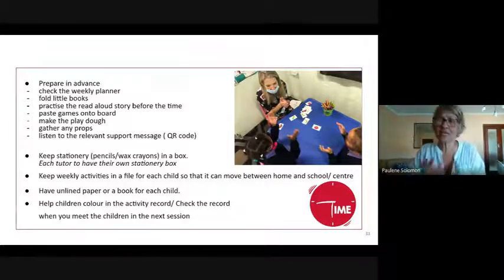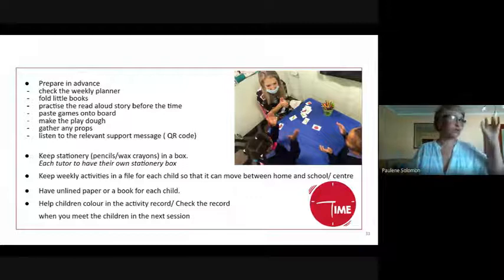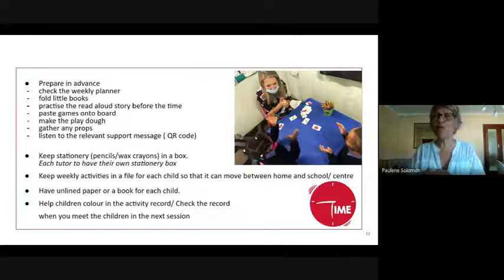And then we would suggest a couple of other things. If you're a tutor, a lot of time can be spent with children looking for pencils and sharpening pencils. So we would suggest you have a tub, an ice cream container is perfect, one for every tutor, and in there you've got enough pencils for your group and one or two boxes of wax crayons, so that when the children come, you open the box and they can use it, and you can sharpen and replenish things, because that can take a whole lot of time to do.